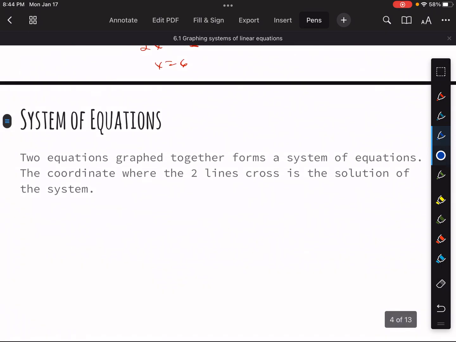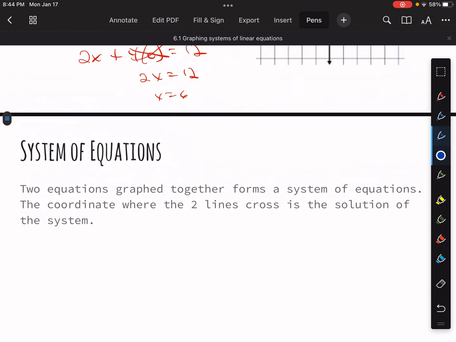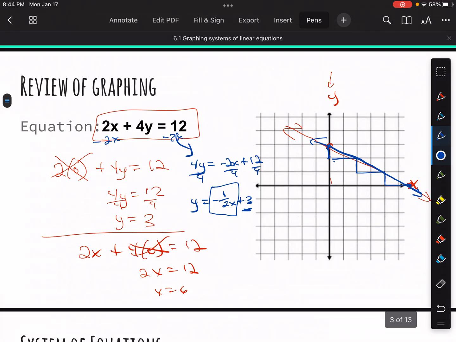Today we're going to be solving the system of equations, which means there's going to be two equations graphed together, and we're looking for the place that those two things cross when two equations are graphed on the same plane. Back to this example, I'm just going to make something up here. If I had another line that went through the origin and hit this line at this spot right there,